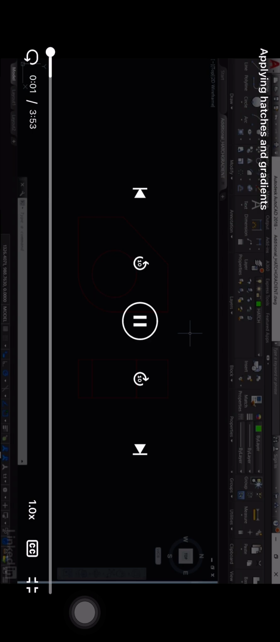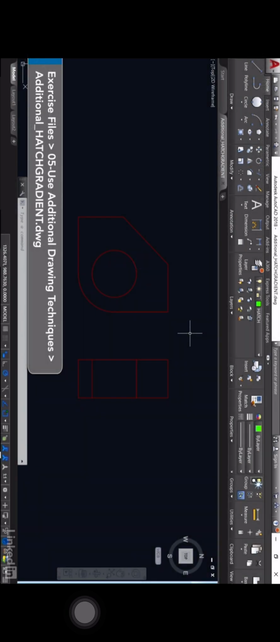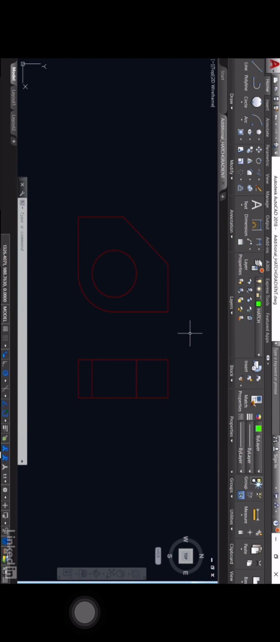Another additional drafting tool that you might use in AutoCAD is the hatch and gradient facility. Now I've got a new drawing open for you again to use. It's called additional_hatch gradient. You can download it from the website to use as the exercise file for this video. Now you'll notice that we've got a little bracket there, and you can see that's a side view and this